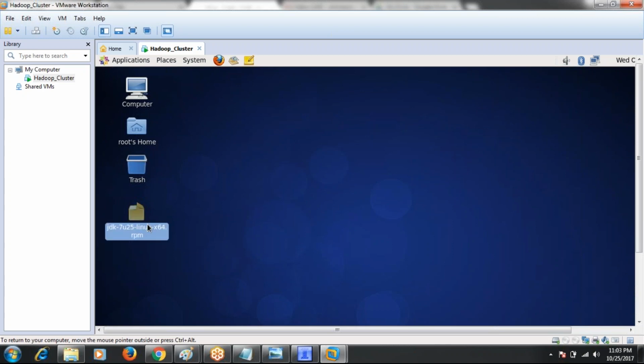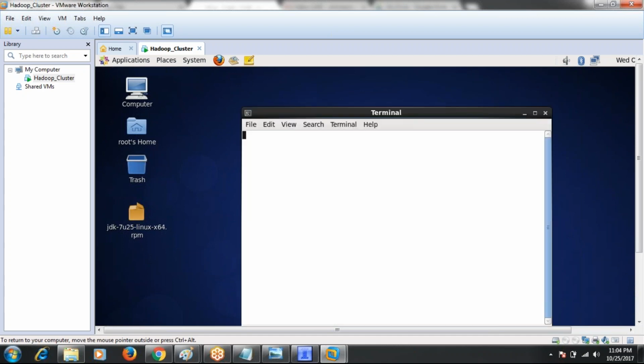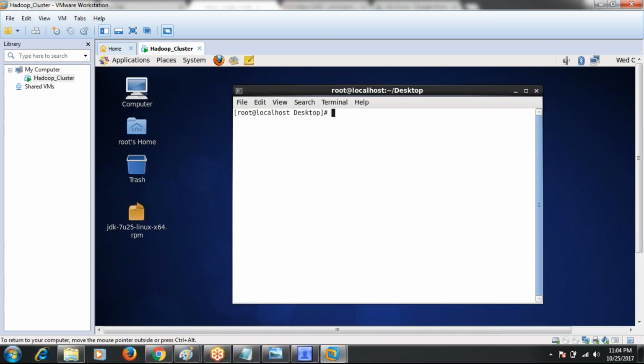We have to install this .rpm file. .rpm is a file extension. Now right-click here and click on open terminal. So this is the Linux terminal. You can execute everything through the command line only.